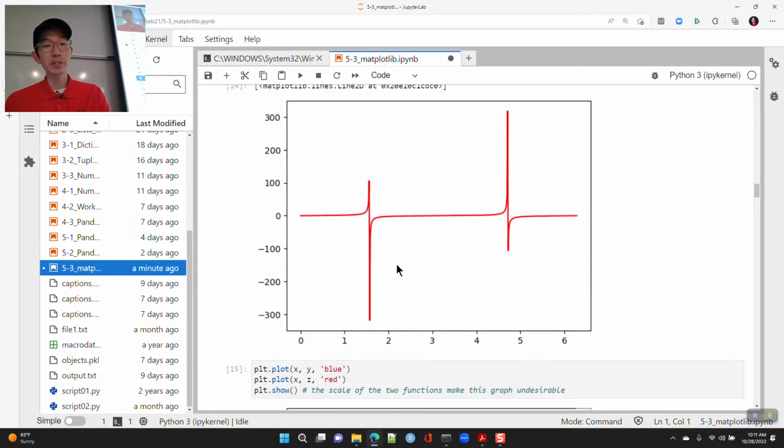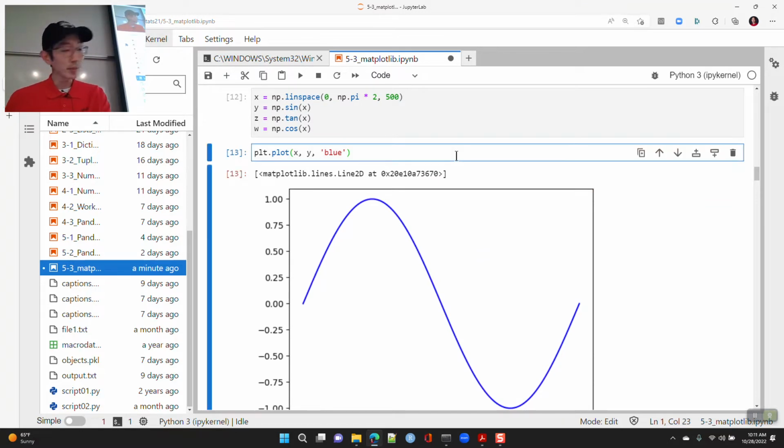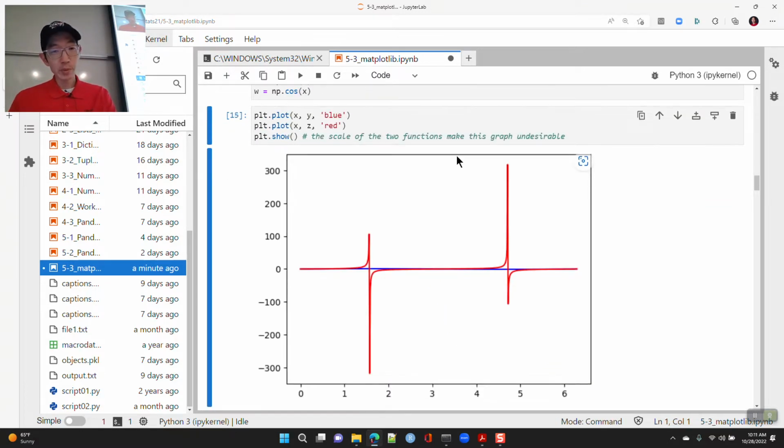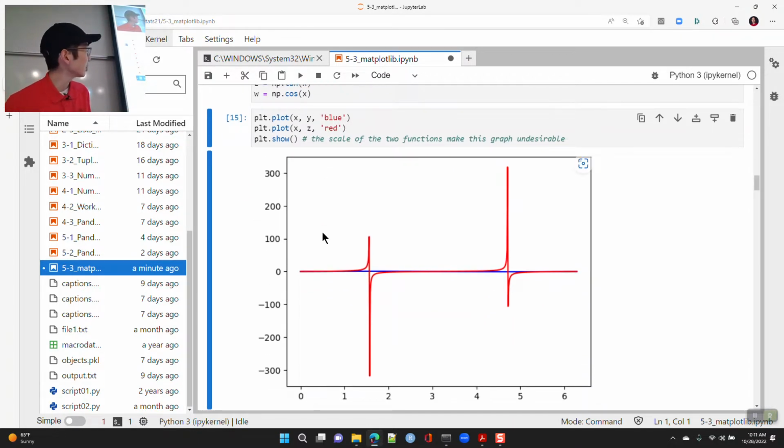Right, so if you just have one thing with no additional arguments, it'll just kind of plot it out. But sometimes you want to add on to the plot, so you can call plt.plot x, plt.plot z, and then plt.show. One of the issues here is what? So the sine goes from 0 to 1, right?